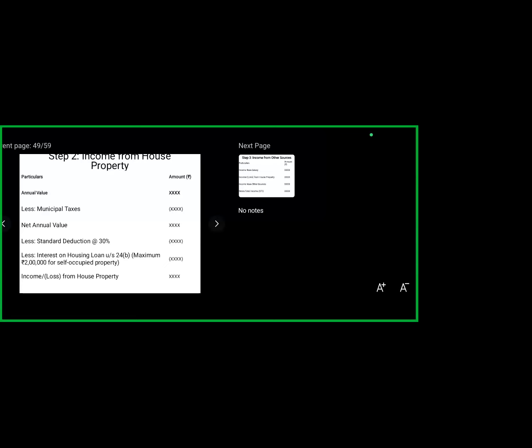Income from house property, likewise here: gross annual value minus municipal taxes. Compulsorily remember this: if it is outstanding, it will not be deducted. If it is paid, then and only then is the deduction allowed. And then derive the net annual value. From that, you are supposed to deduct the standard deduction of 30%